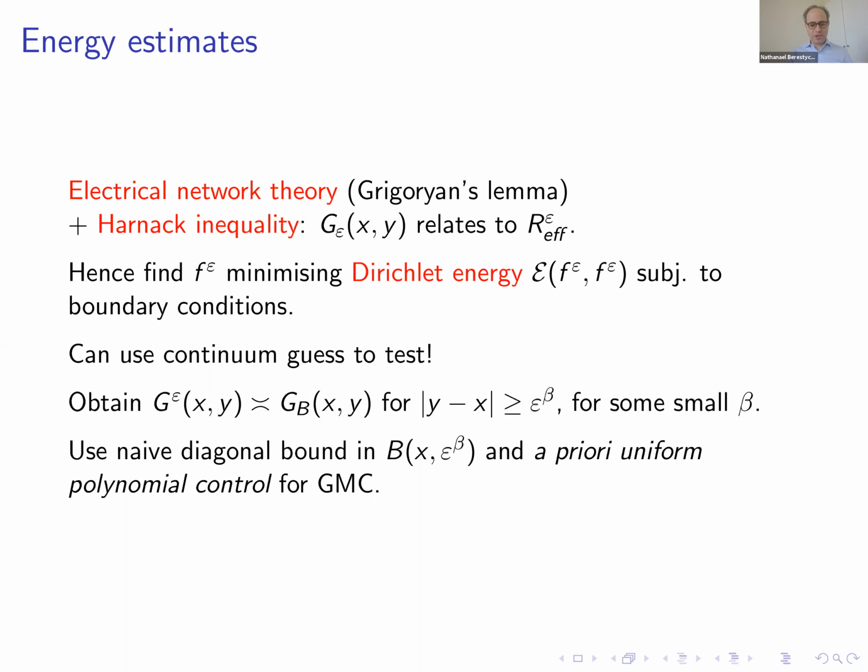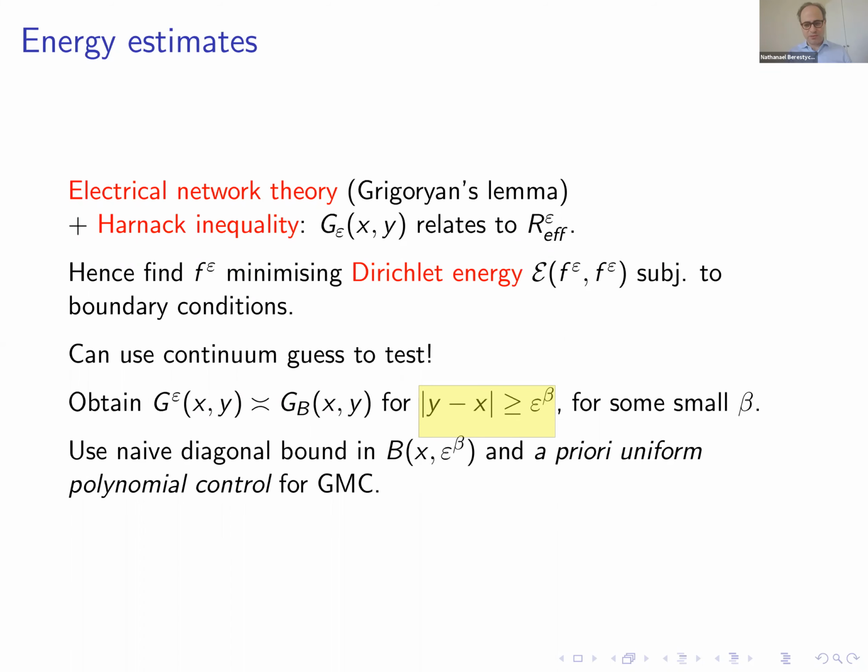And if you do that carefully, you get a good control this way on the Green function off-diagonal, meaning that you have to apply it to points x and y that are separated by some polynomial distance in the Euclidean sense. And then when x and y are very close, you can still use your naive diagonal bound as well as a priori uniform control